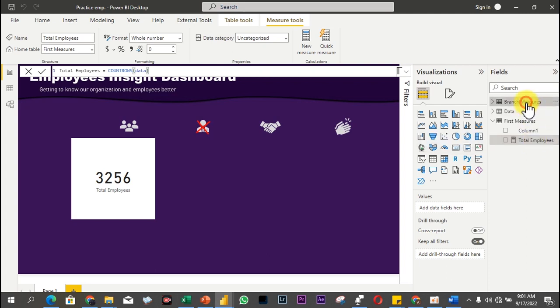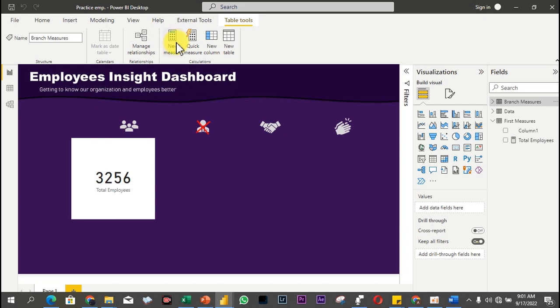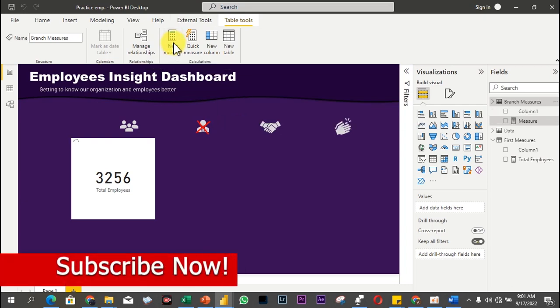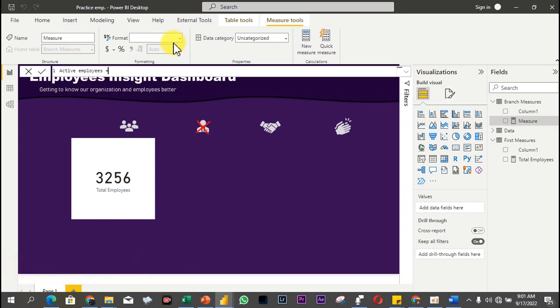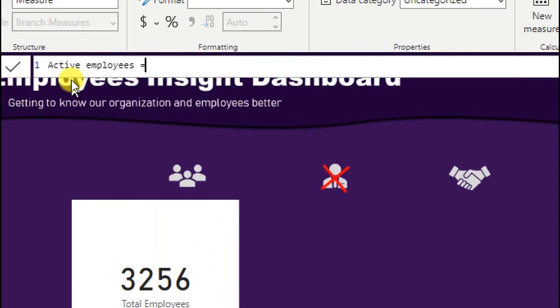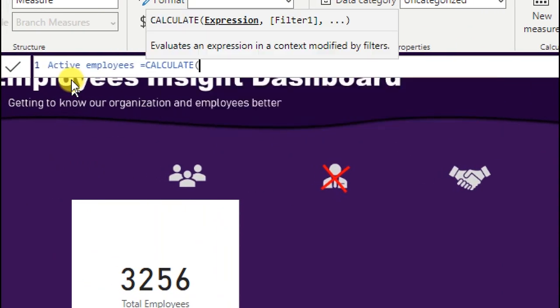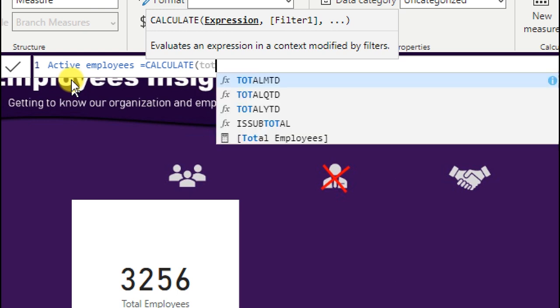So now I'm going to come right here, and from here I'm going to click on new measure. We just have to wait for it to be inserted. Okay, pretty nice. We have this right here, and what we need to do is to calculate our total active employees, which is very simple and easy. All you have to do is use the calculate function to branch out from the whole employees we have and see which ones are active. So now we have a total